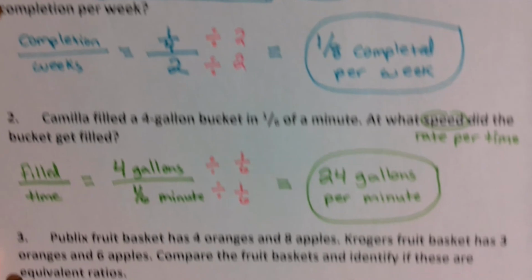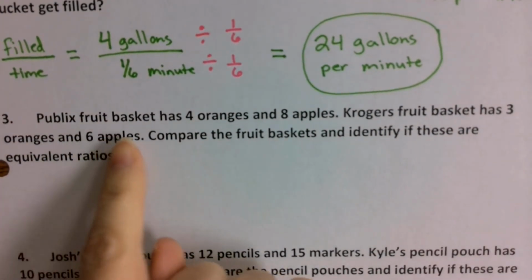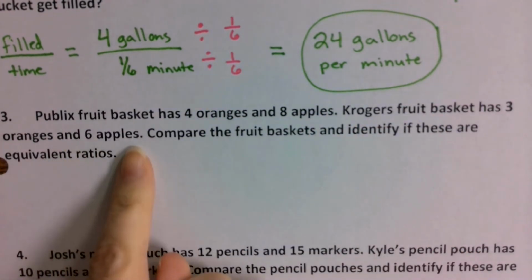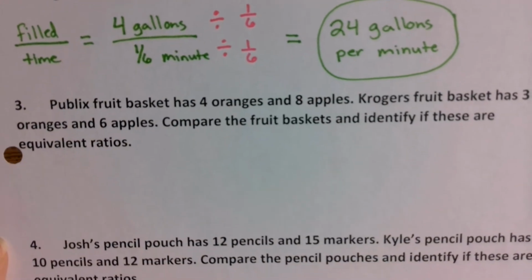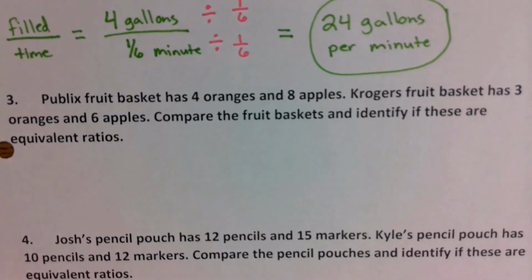All right, let's go ahead and finish this up. For number 3, Publix fruit basket has 4 oranges and 8 apples. Kroger's fruit basket has 3 oranges and 6 apples. We want to compare the fruit baskets and identify if these are equivalent ratios. If they are equivalent, then that means when they are fully simplified, they simplify to the exact same thing. So we're going to set it up